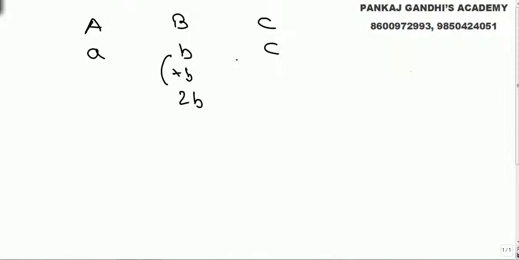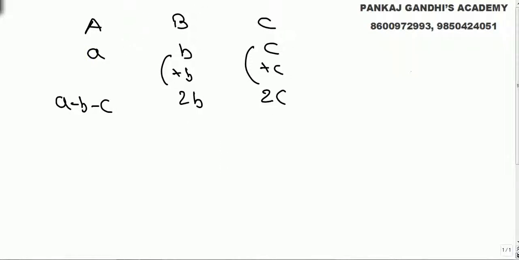The question is, there are three persons, A, B and C. Well, the question says initially each had a certain number of diamonds. Let's say A had A, B had B and C had C. Now, first A doubles the diamonds of B and C, means he will give B to B, it will become 2B. He will give C to C, it will become 2C, and he will be left out with this thing.